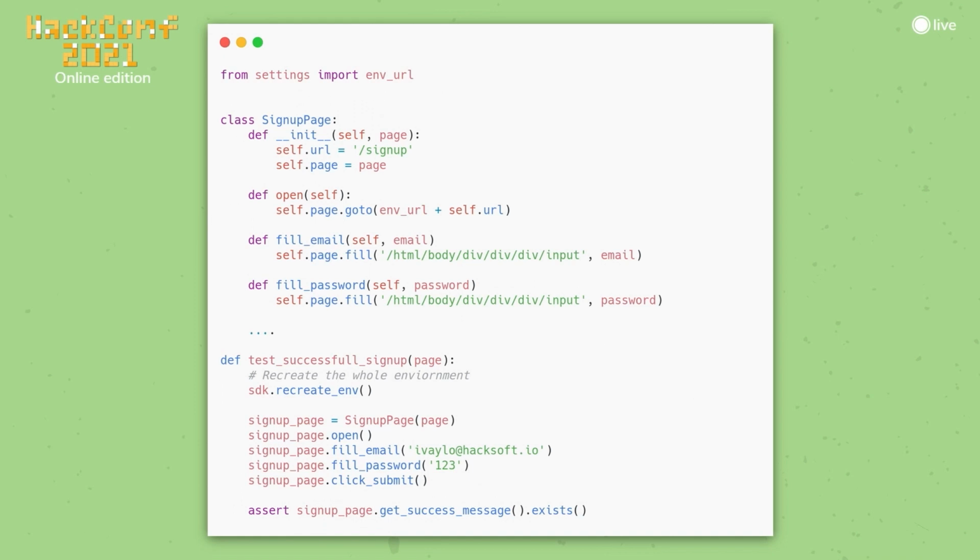And this was kind of nice, but it's not enough. We realized that the features that we are building are way too dynamic. They are changing like every week. Sometimes the designers just get inspired and decide to redesign the whole thing, and then we need to rewrite all the tests because we are using the wrong selector types.